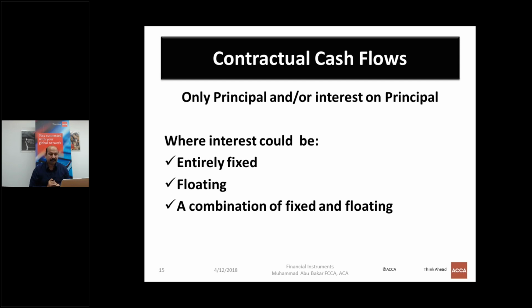See, my question is, we can make a pop-up question. So in order to wake you people up, see what we are discussing. You will be measuring your financial asset, which is debt asset, at amortized cost if it fulfills the business model test and the contractual cash flows test. The pop-up question is, please. Yes. The question is